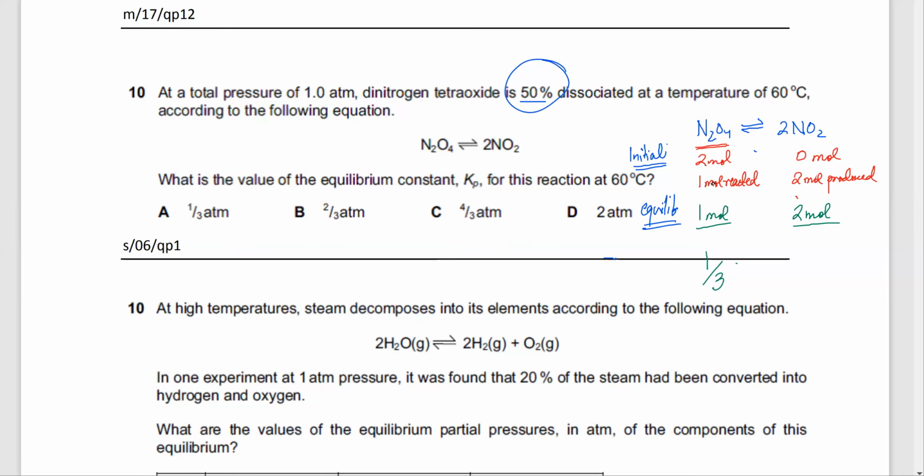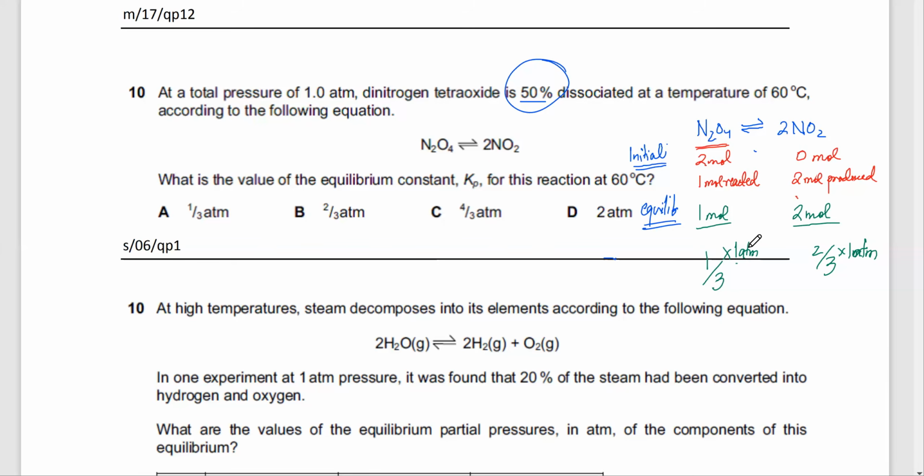What is the mole fraction of NO2? That's 2 by 3. Mole fraction of NO2 is moles of NO2 divided by the total moles, which are 3. So it's 2 by 3. Mole fraction multiplied by the total pressure, which is 1 atmosphere, gives you the partial pressure for each one. So mole fraction of NO2 multiplied by the total pressure, mole fraction of N2O4 multiplied by the total pressure, which is